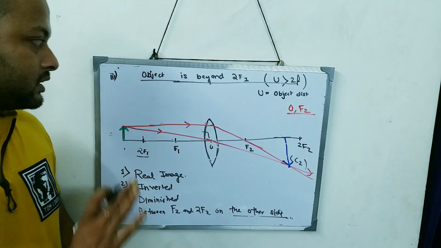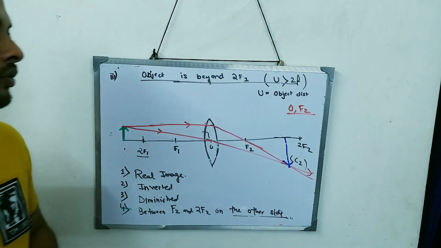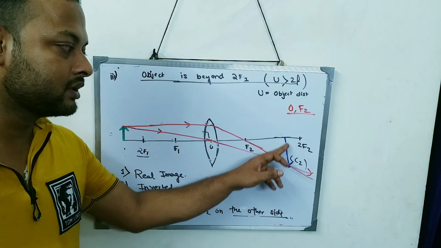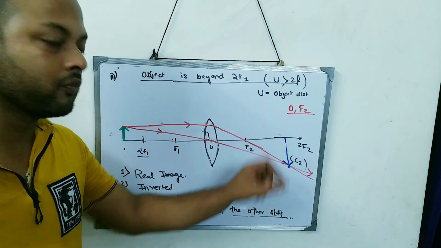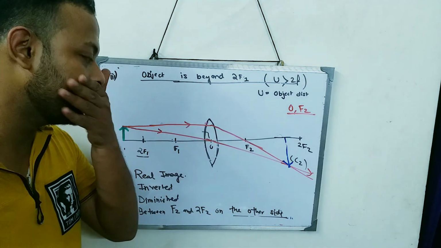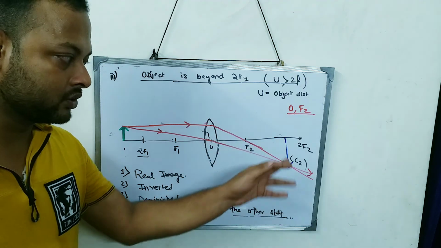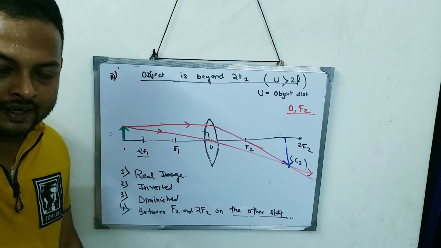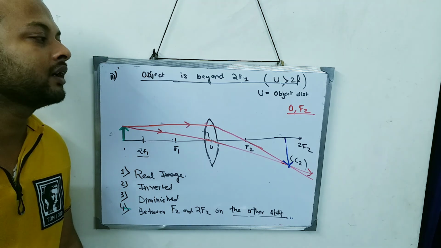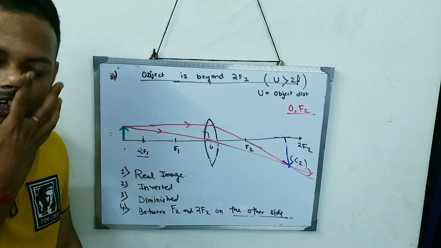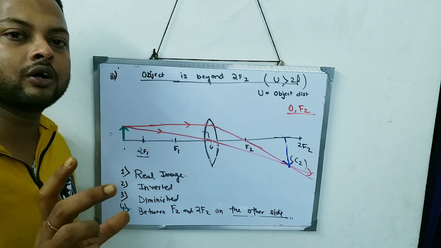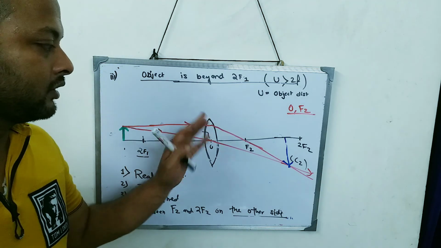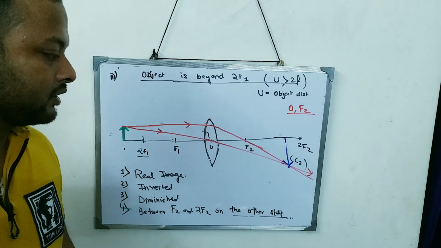I hope these three ray diagrams are clear to you. I'm again saying, please check this diagram in your book. This image will be smaller in size; it is not looking like that because I have done it freehand. I hope you understood the first three ray diagrams. We'll continue the other ray diagrams in other classes, keeping the video short, around half an hour. I hope you understood the ray diagrams concept, the first three.